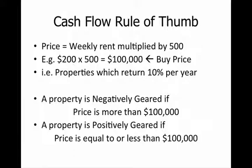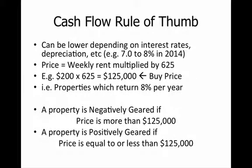And what do you do with that? A property is negatively geared if the price is more than $100,000. A property is positively geared if the price is equal to or less than $100,000. Very, very simple. Now, given we're in a lower interest rate period,